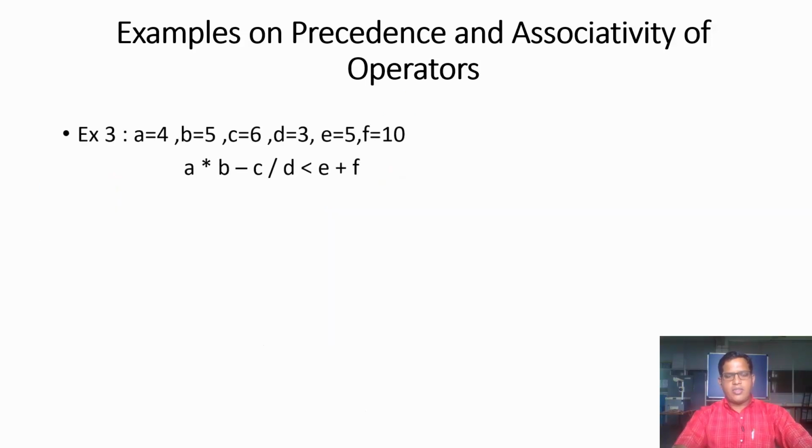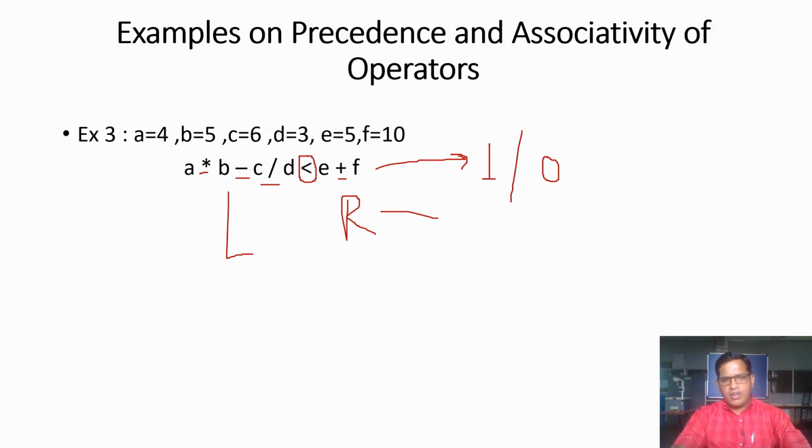Let us consider this interesting example. Here we have multiplication, minus and divide, and again a plus sign, and one relational operator, that is the less than operator. Due to the presence of this relational operator, the obtained result is either 1 or 0. Why? Because this operator checks whether the value on the left side is less than the value on the right side. If yes, the result is 1, and if no, the result is 0. So let us check this out.